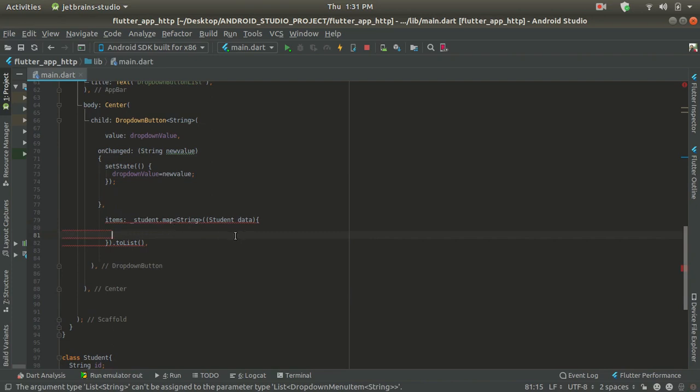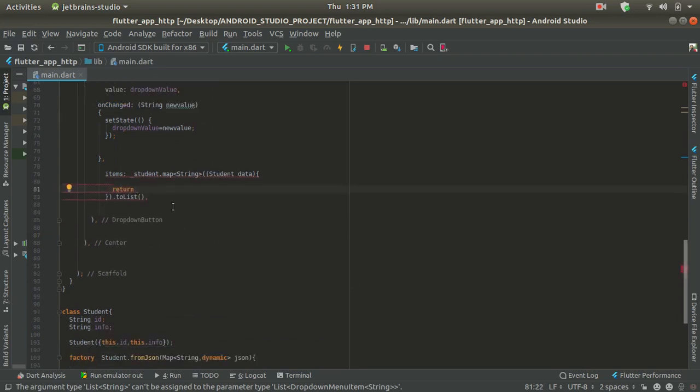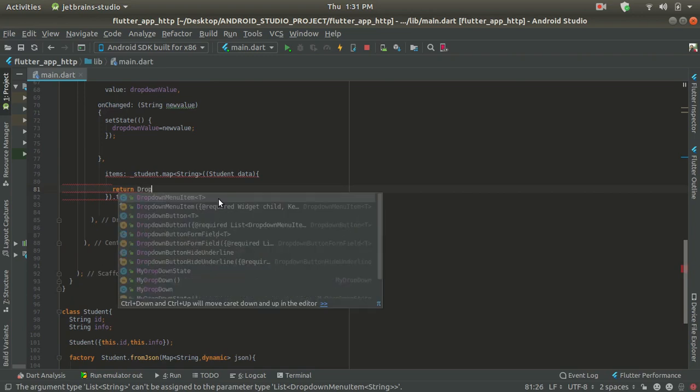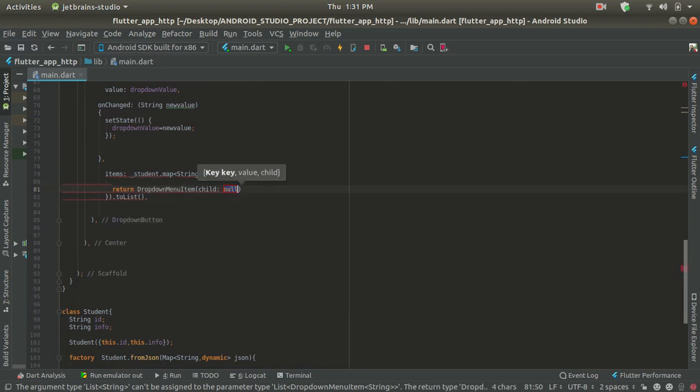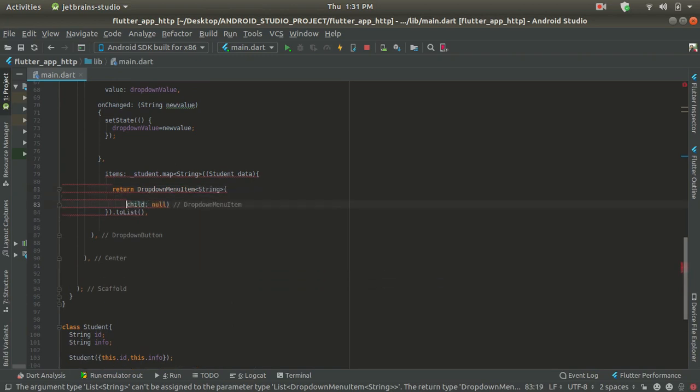Just use return, and from here we are going to return data as a DropdownMenuItem, and inside this DropdownMenuItem we are also providing a string format. Here we have to provide child.